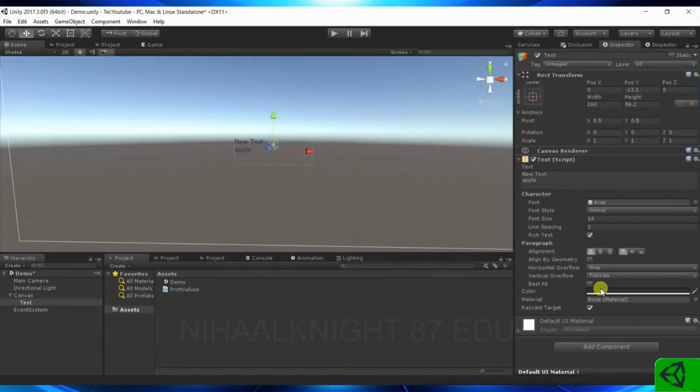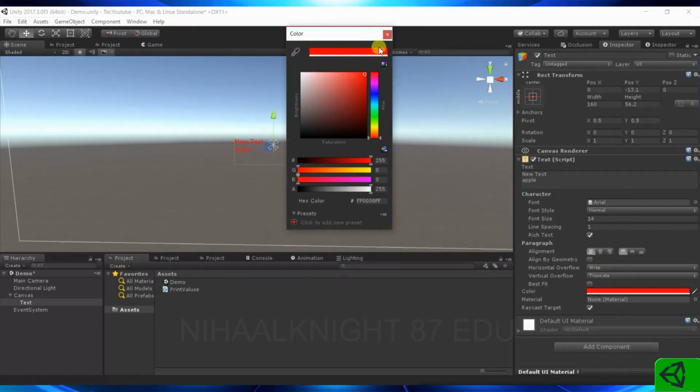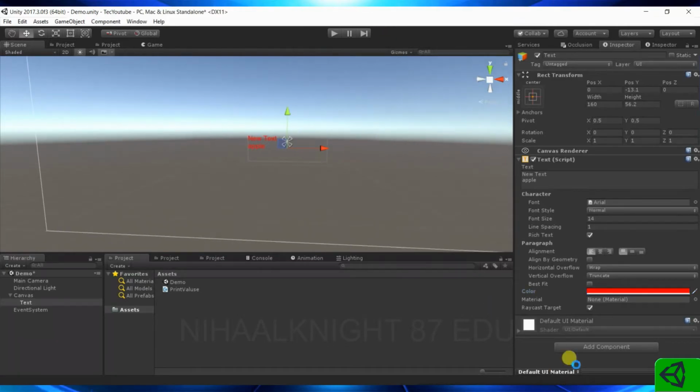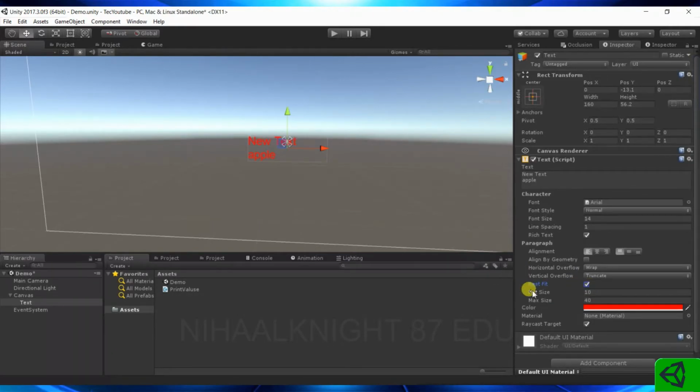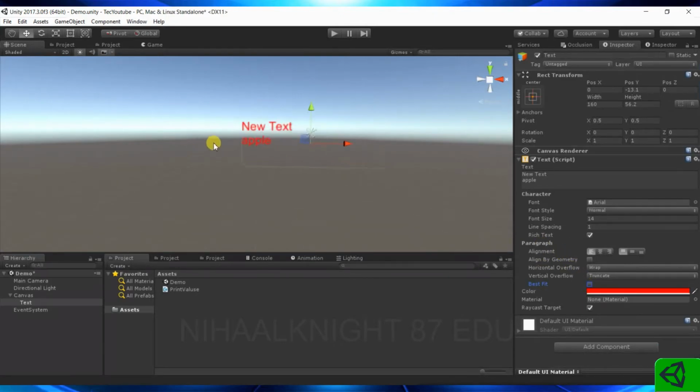Now if you look at this, you have a color option, so you can change your color here, and you should have a best fit, which means that it just fits within these sides. Now if you look at this, one main problem can arise. If you zoom inside this, the text is not good, and it's like a shadow over there. To fix this, you can just click